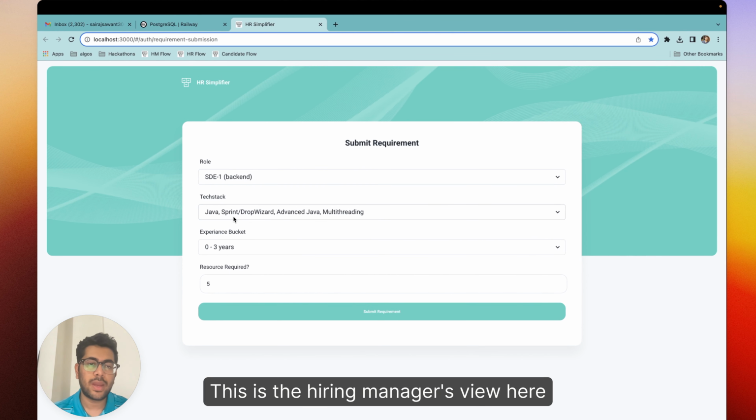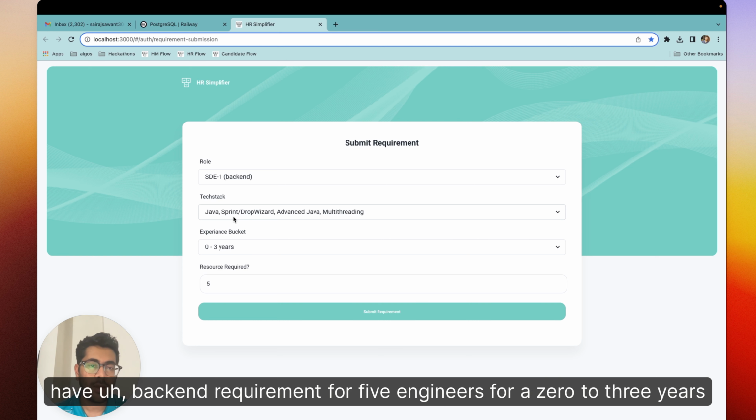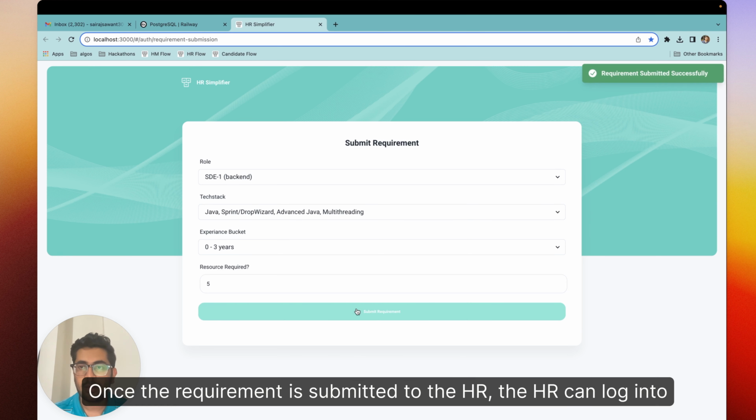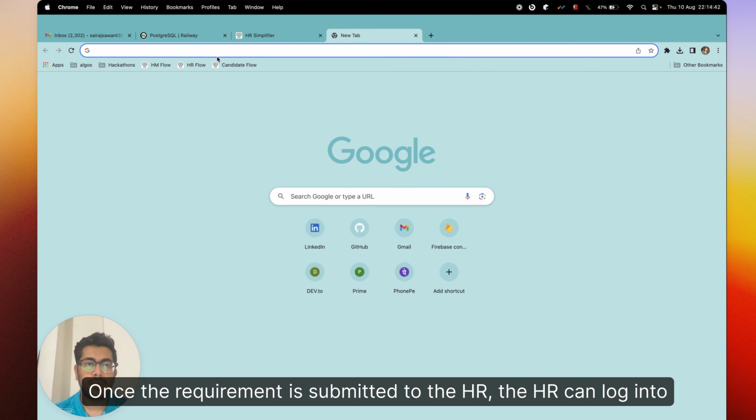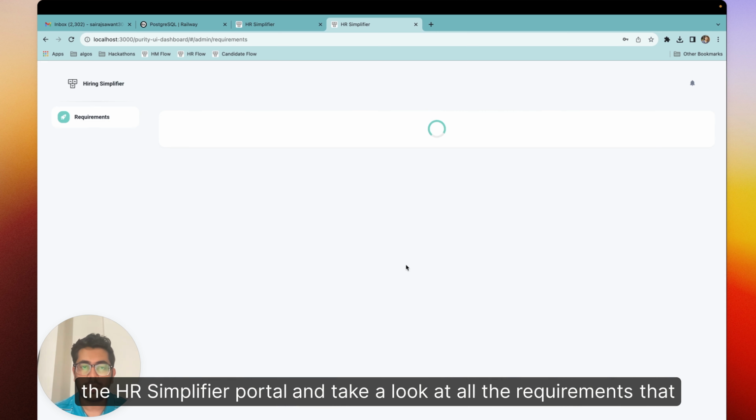This is the hiring manager's view. Here, there are requirements to be posted. In this case, we have a backend requirement for 5 engineers for a 0 to 3 years of experience bracket. Once the requirement is submitted, the HR can log into the HR Simplifier portal and take a look